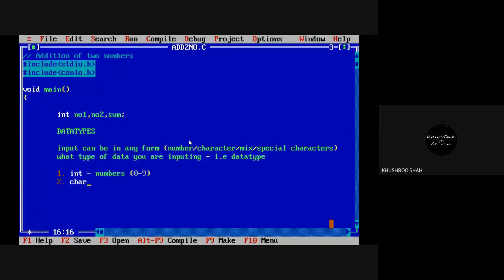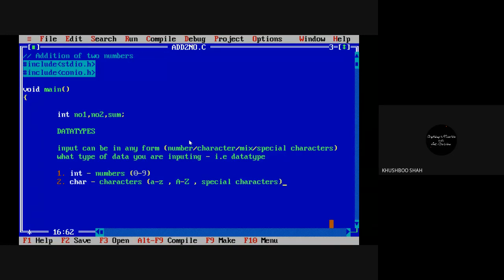The second we have char, basically for the characters, that is A to Z, and special characters.